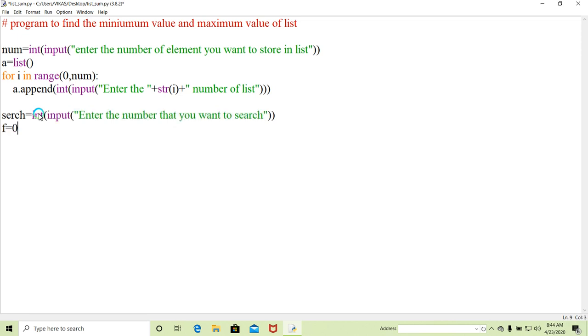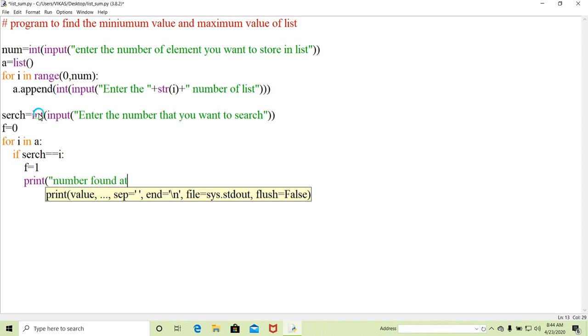The flag variable will tell us if we get the number, then the flag value we will change into 1. If we are not getting the number, the flag value is still 0. So I will access one by one all elements: for i in a, if search is equal to i, then flag is equal to 1, and then display